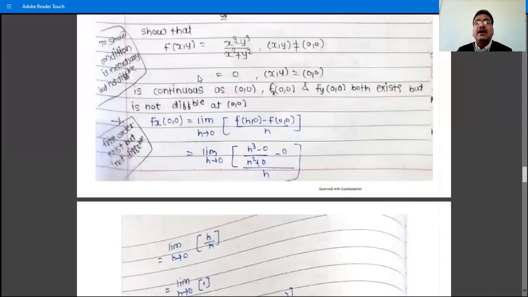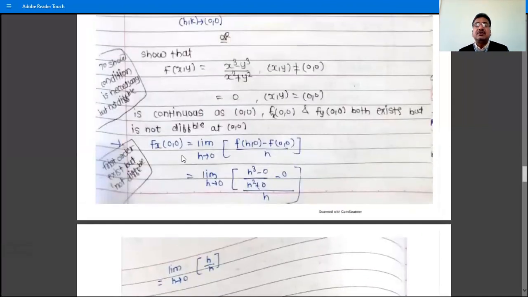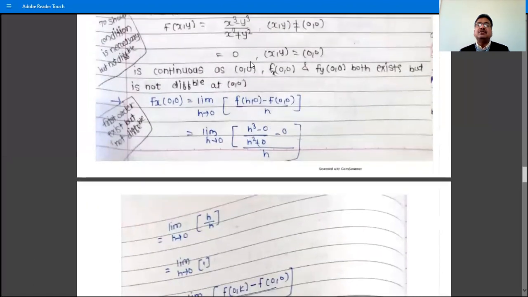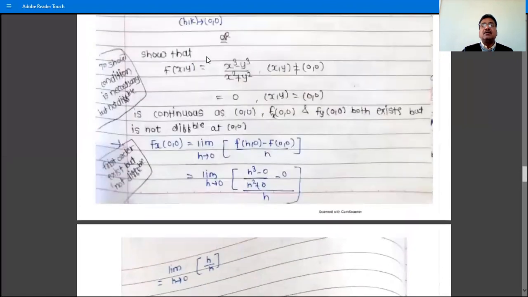Here we have to show the function is continuous at (0,0). How can we show this? By using the definition of limit. First show the limit exists and is equal to f(0,0), that is 0. That part is for homework. This example, that the function is continuous at (0,0), was already solved in the first chapter: use polar coordinates x = r cos θ, y = r sin θ, and use the definition of the limit. What is the definition?